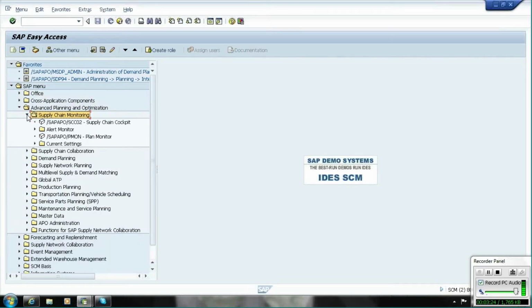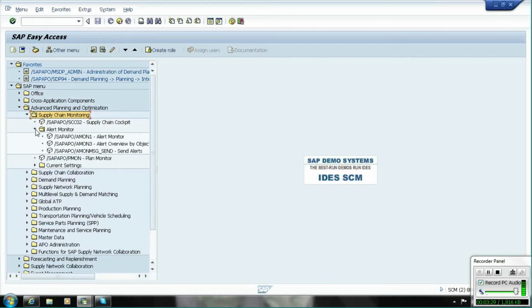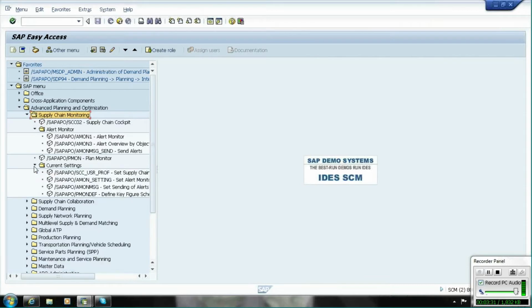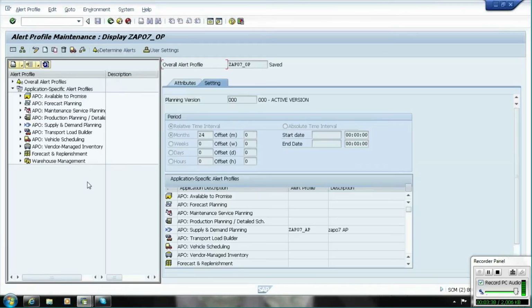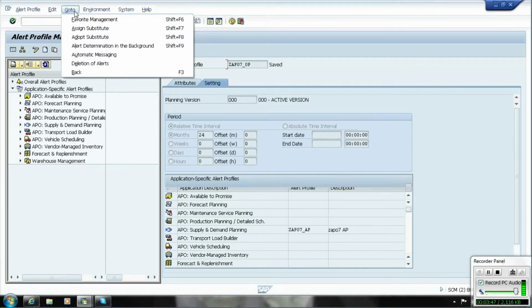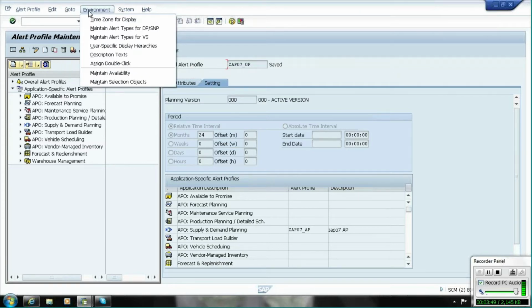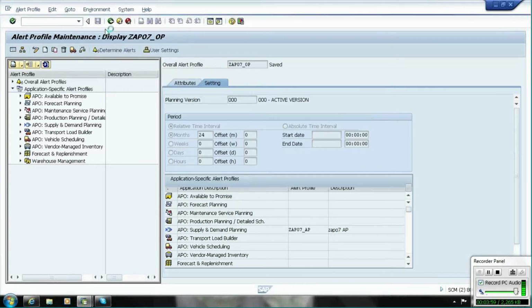So here, go to supply chain monitoring and then alert monitoring. Go to the current settings and /SAP APO AMON settings. Here, first we need to create our own alert. Say for example, I want to generate an alert for the negative forecast value, so I will create my own alert type. For that, go to maintain alert types for the DP and S&P. If I click here,